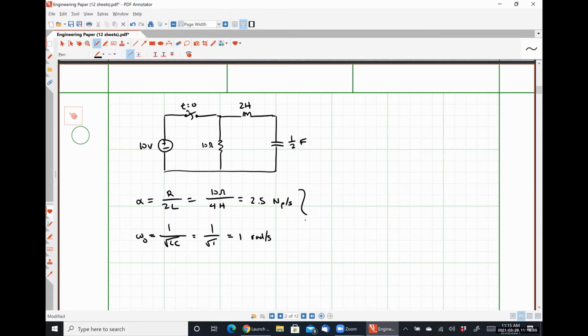So obviously, alpha is greater than omega naught, meaning that we have an overdamped system. So while we're at it, let's calculate S1 and S2, where, just to be clear, S1 is negative alpha, so negative 2.5, plus the square root of alpha squared, so 2.5 squared, minus 1,